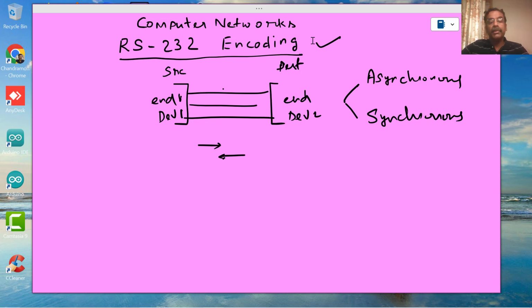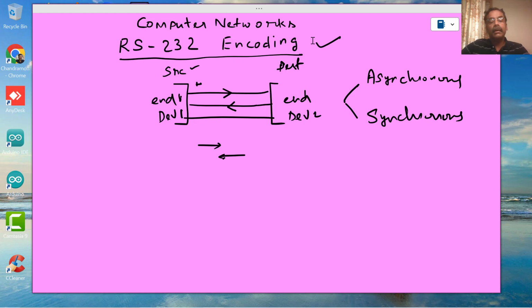based on the communication, whether it is happening from source to destination this way, then the communication is from device 1 to device 2, this is source and this is destination, and if the communication is this way, it's the other way around. So when it is going to start sending, we do not know,